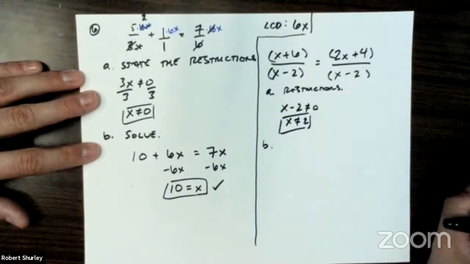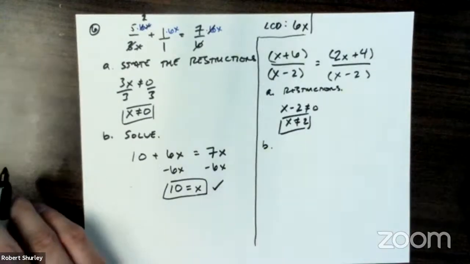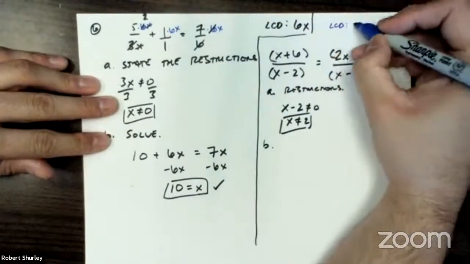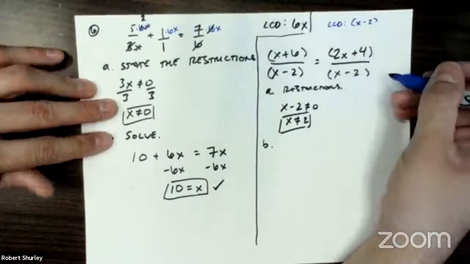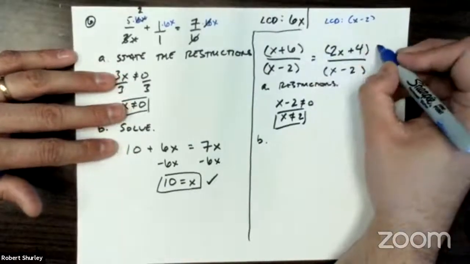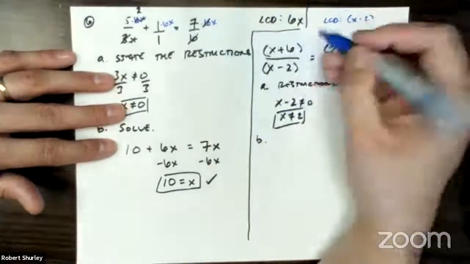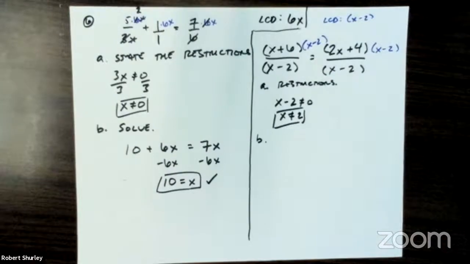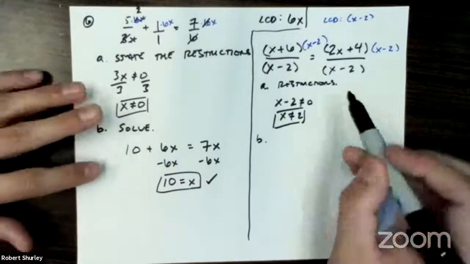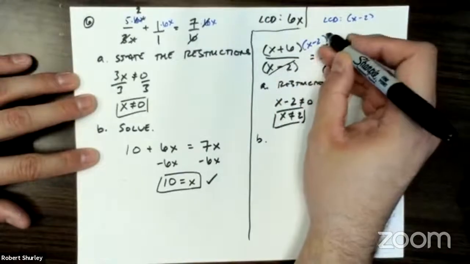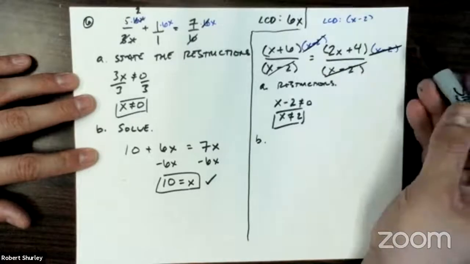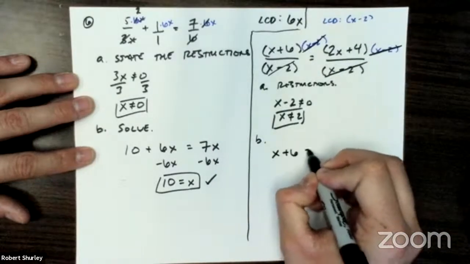So part B. Part B, I've got to multiply both sides by the LCD. Well, there's only one LCD, right? There's only one denominator. The only denominator is x minus 2, so I've got to multiply that on both sides. You know, it's an equation. As long as you do it on both sides, you're fine. I guess I didn't really state that earlier, but as long as you multiply everything on both sides of the equation, then you're fine. And what's nice about this one, check this out. This whole denominator just cancels with that thing we multiplied by. Same here, because it's the exact same. That all goes away. And you're left with x plus 6 equals